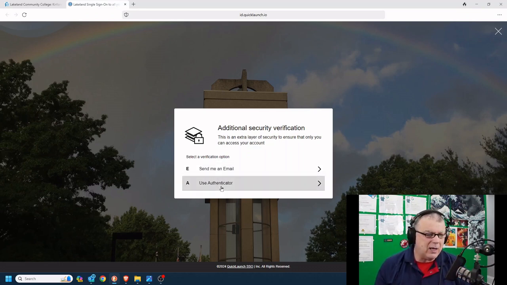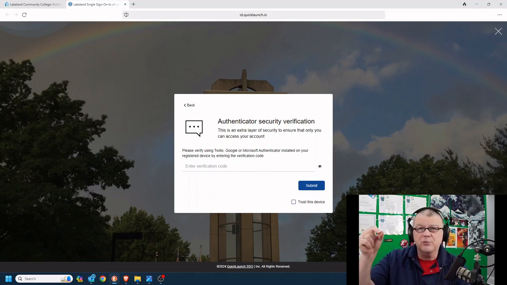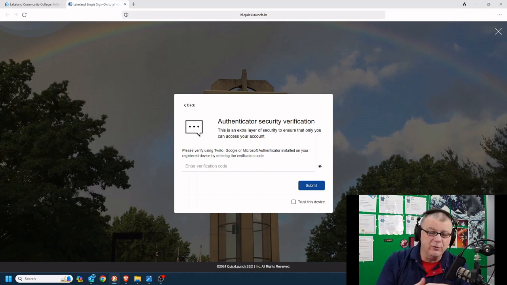And what the authenticator app does, discussions at a later time, other videos, the authenticator app basically provides a one-time password. I have my username, I have my password, it's locked in my head. But a two-factor authentication says, continue to prove it. You have the first pass of your username and password, continue to prove it. And what an authenticator app does, they give you a one-time password that probably has a life of about 45 seconds